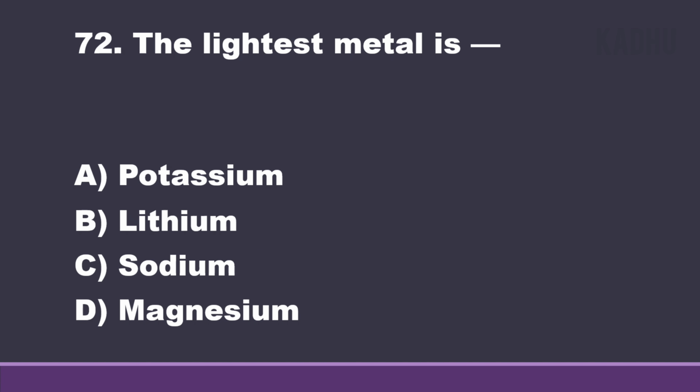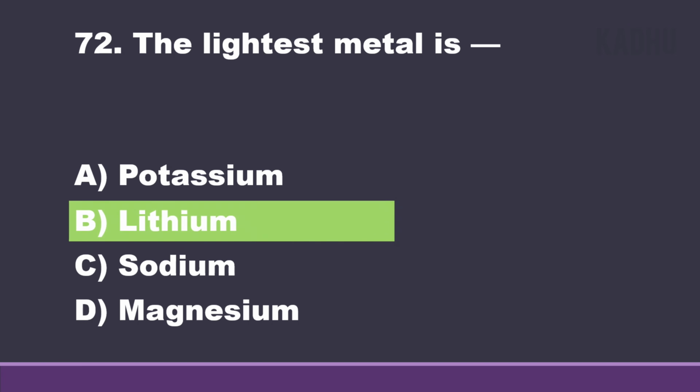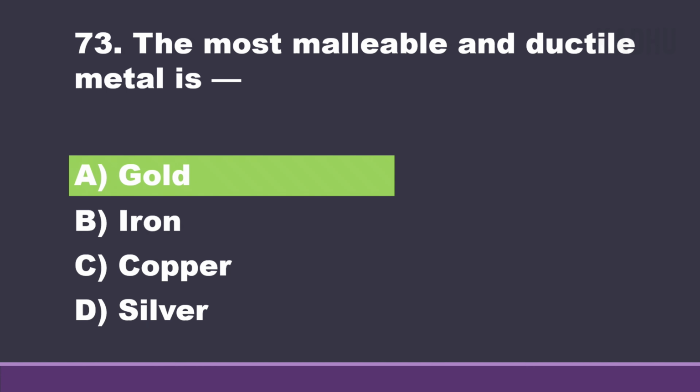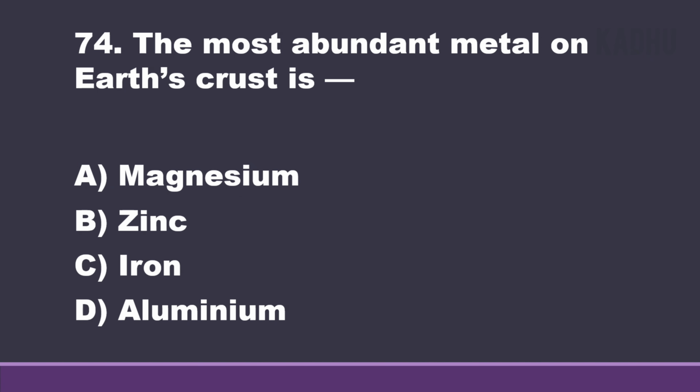Next question. The lightest metal is, so option B will be the correct answer. Lithium is the lightest metal. Next question. The most malleable and ductile metal is, so for this question option A will be the correct answer. Gold is the most malleable and ductile. Next question. The most abundant metal in the earth's crust is, so for this question option D will be the correct